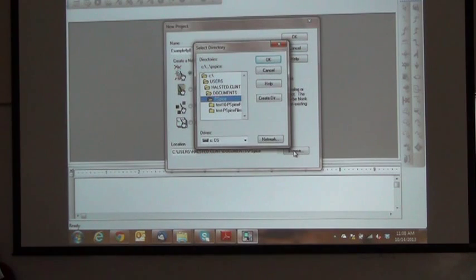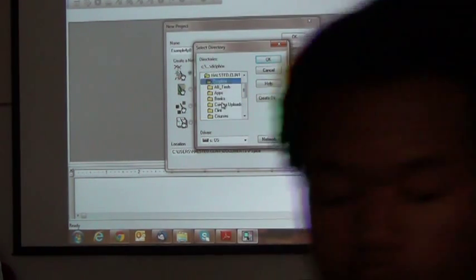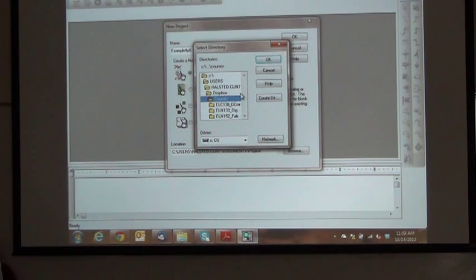So I'm going to change that. Well, it's going to put it in my documents and then in PSpice. So that's okay. But if you want to put it on your flash drive, you can come down here and change it to your flash drive. Okay? In fact, probably the best thing to do would be to put it in a directory that's suited for your application. In this case, the best application for me would be to put it in Dropbox, find the class, DC circuit analysis, and then I can put it in